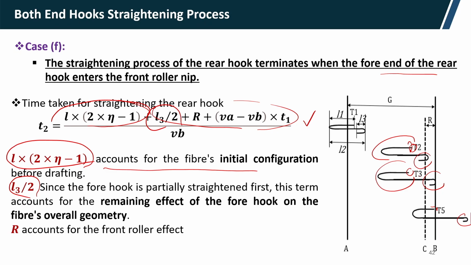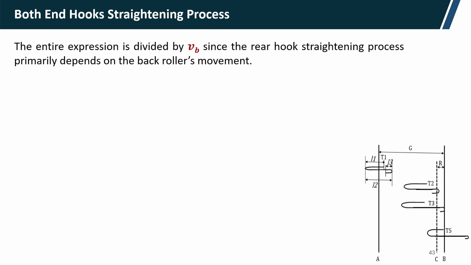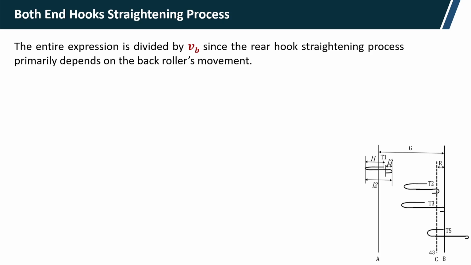R accounts for the front roller effect. So, if the front roller pressure, the top roller pressure, is very high, in that case R may be increased. So, this is the front roller effect. The entire expression is divided by V B, the back roller speed, because the rear hook straightening process primarily depends on the back roller movement,